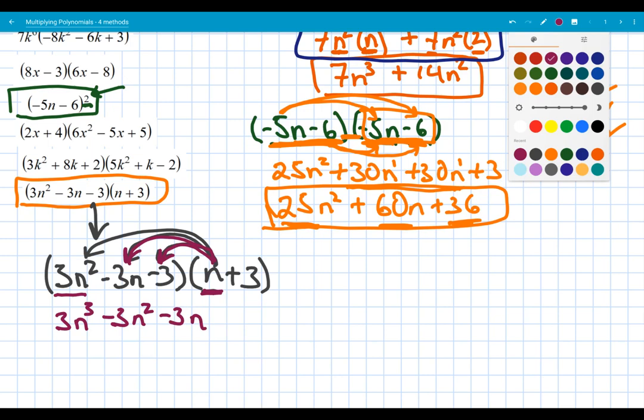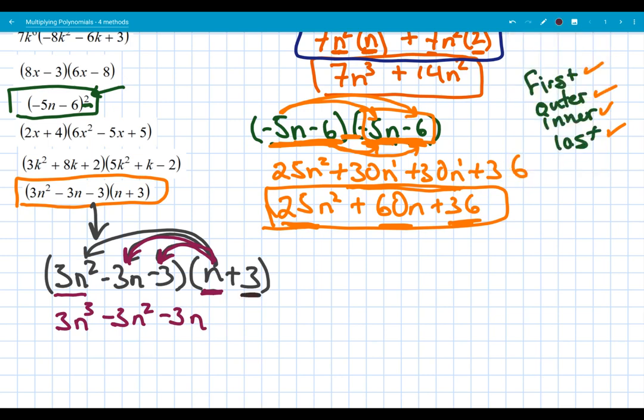Okay, I'm going to change colors, and now I'm going to go the 3 here times, well, kind of hard to get there, but it's there. 3 times 3n squared, positive 9n squared. To the middle one, 3 times negative 3 is negative 9n. 3 times negative 3, negative 9. So I did multiplication. Every term in the first parentheses and every term in the second parentheses met and multiplied. We can say shake hands, but